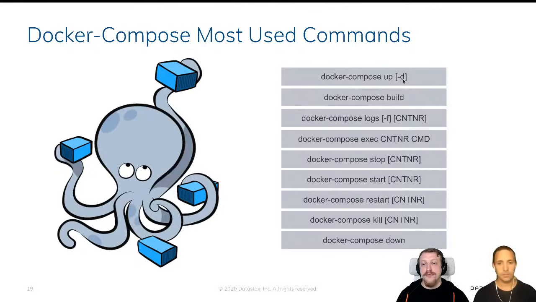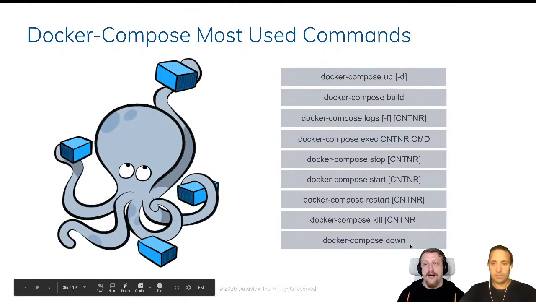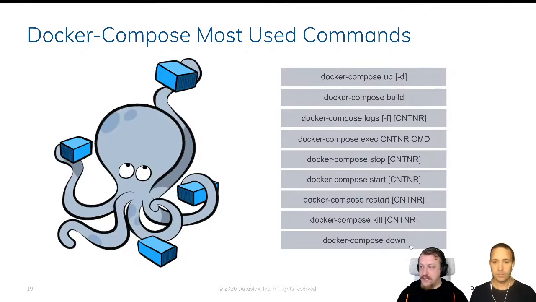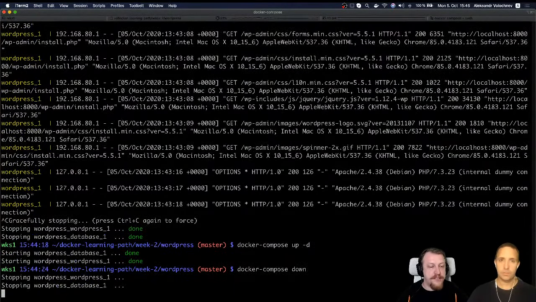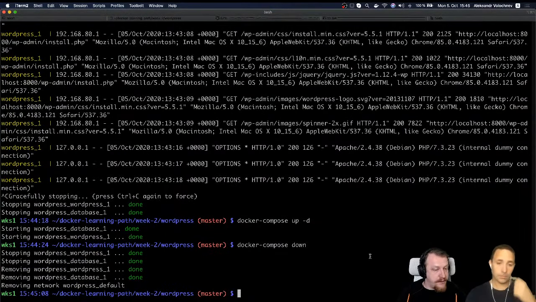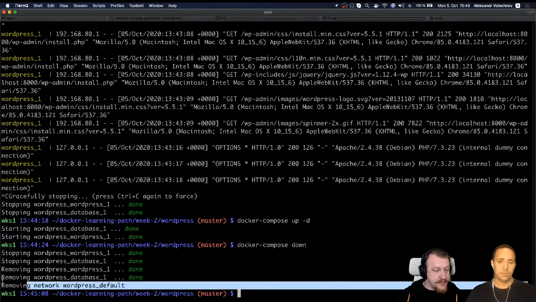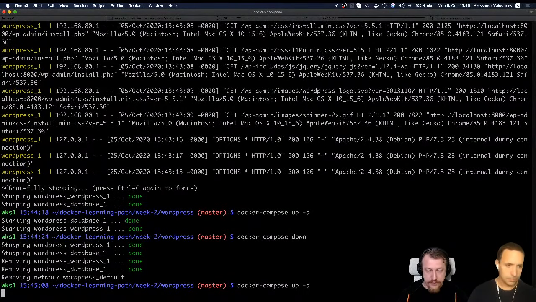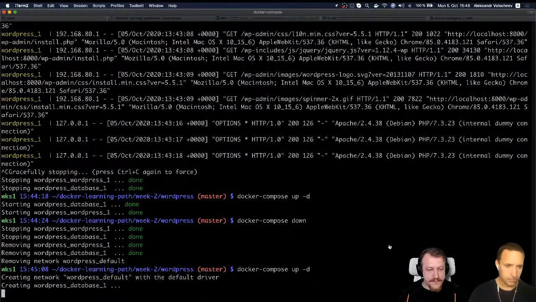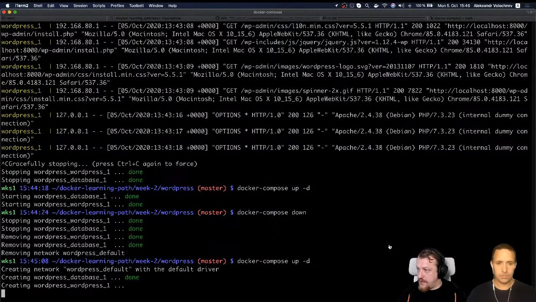So, docker compose up will launch your application, and docker compose down will take it down and clean up. So if I say docker compose down, it will not only stop the containers, but also wipe up the volumes, and it will also wipe up the networks, things like that. Good, but I want to have it running. It will take some time to run it again, but we can discuss